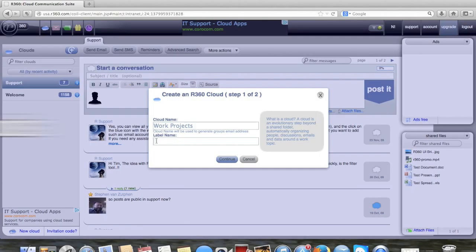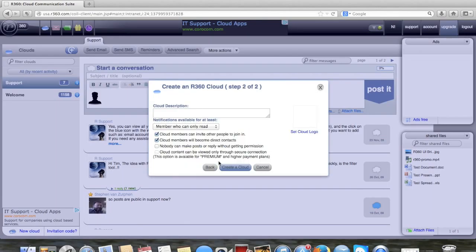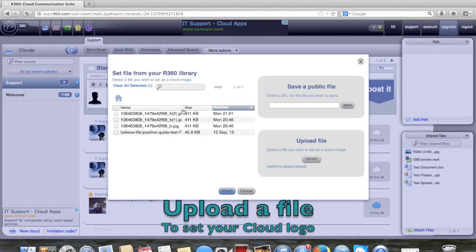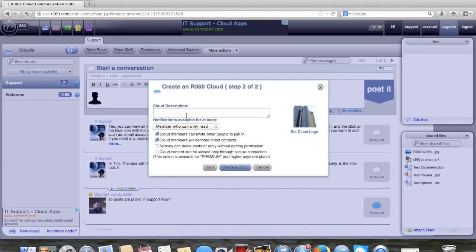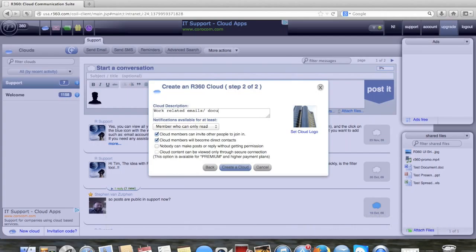The label name is where you can organize your clouds into categories. We can label this as Work. Now let's set a cloud logo. In the description, you want to provide a precise indication of what this cloud relates to. So we can describe this as work-related emails, documents, etc. You as a creator of this cloud can choose which members receive notifications for posts made in the